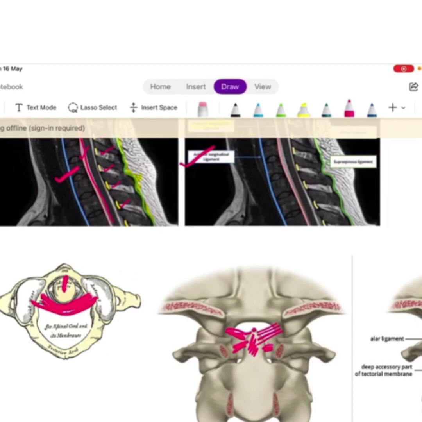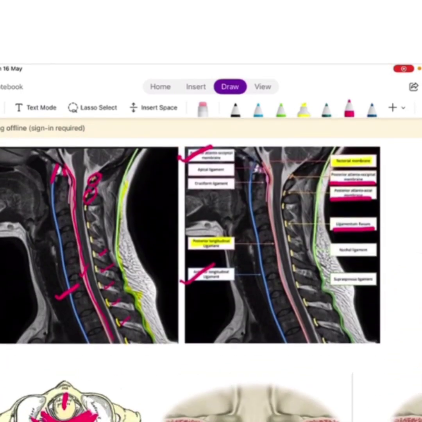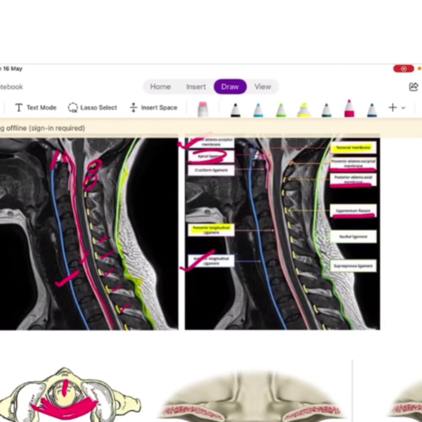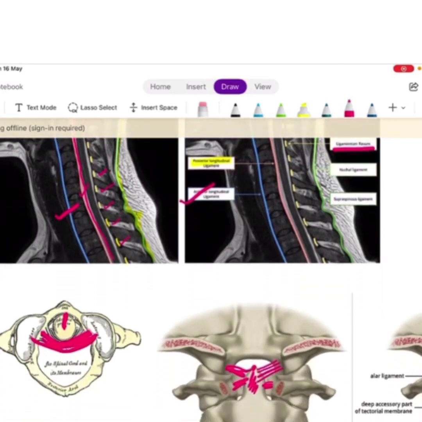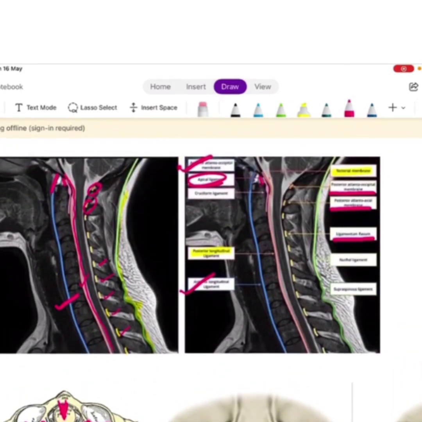Okay. So we have studied the apical ligament. This one is the apical ligament from the tip of the dens to the clivus. Next is the alar ligament from the side of the dens to the occipital condyles and the lateral masses. Next is the cruciform ligament, which actually has two components. One component attaches the lateral masses and keeps the odontoid process in close proximity to the anterior arch of atlas. And another component of cruciform ligament is actually the